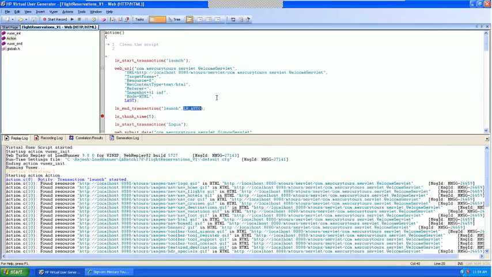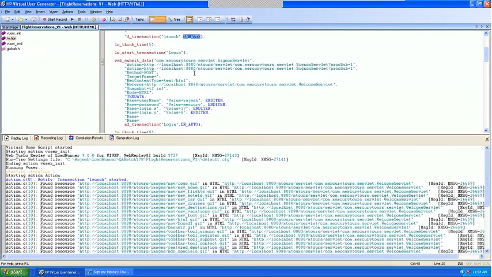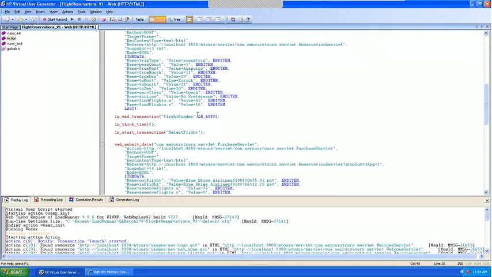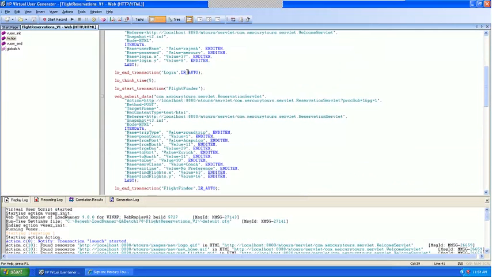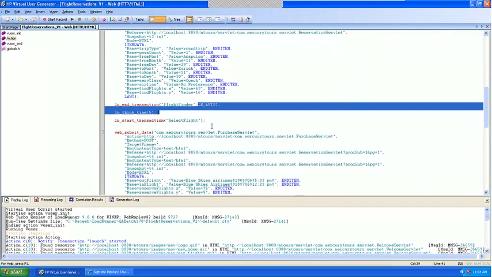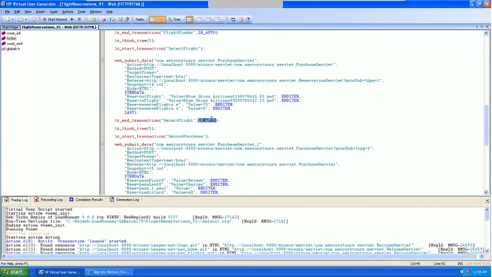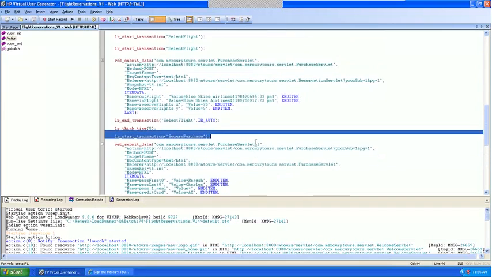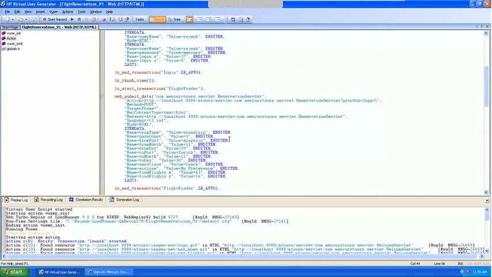So every start and end transaction will have a pass and a fail. See here, auto, everything should have a pass or fail or an auto. Only in the end transaction; in the start transaction, we don't have that feature there. Guys, you are able to understand? Any questions?